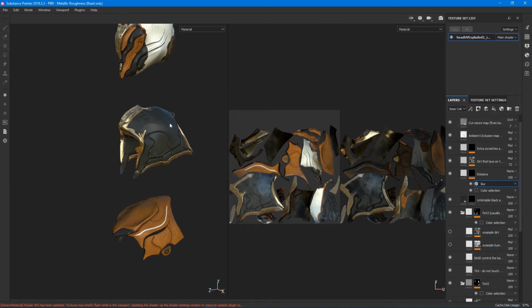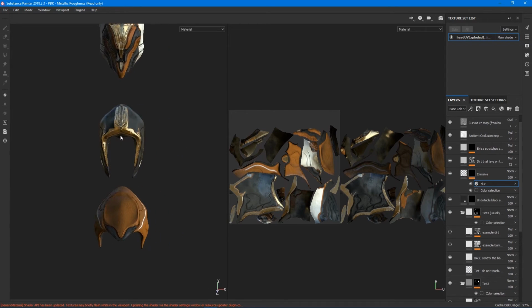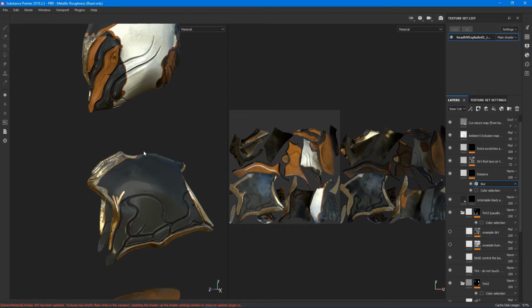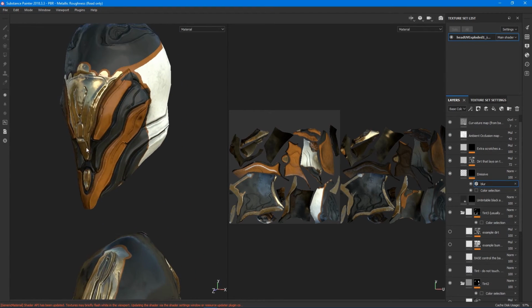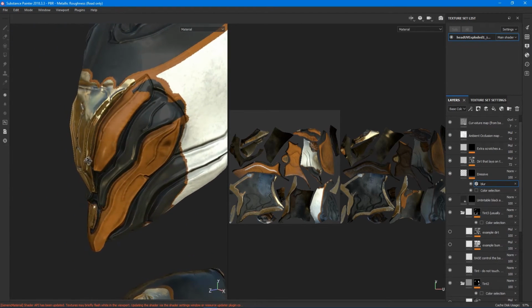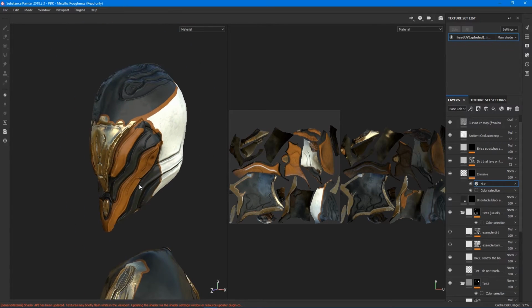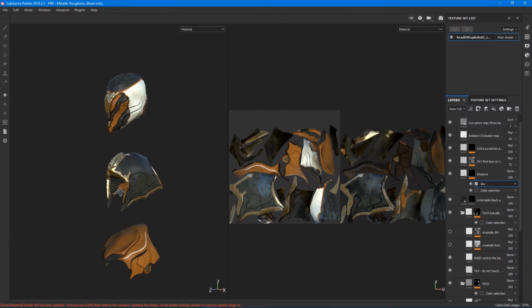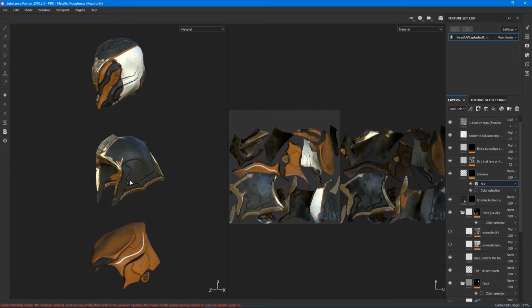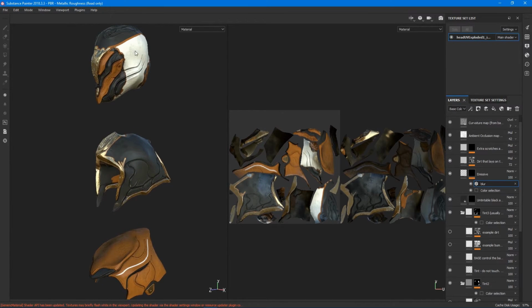So I have no emissives painted in my Warframe, so the emissive at the moment is just blank. A blur effect is also very nice to apply because it gives a bit of diffusion of light. Sometimes a very clear dot is okay in certain situations, but a little bit of a glow does give a better feel for the Warframe. So this looks pretty okay, but